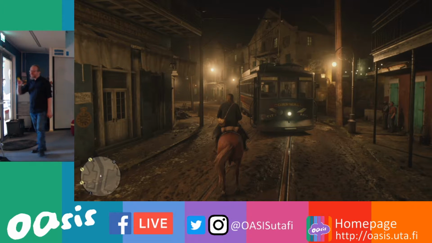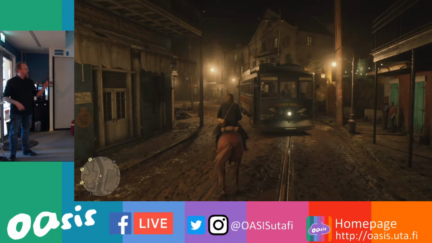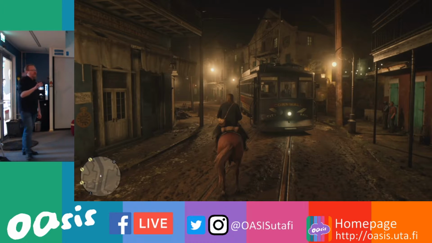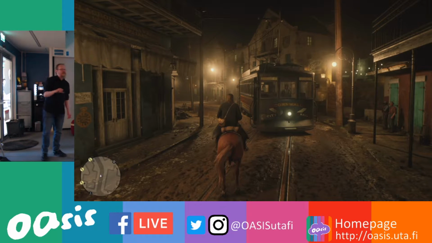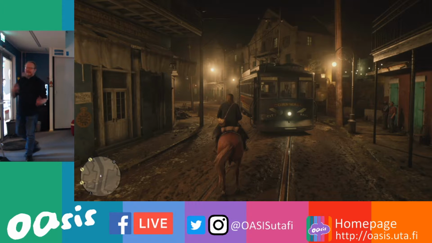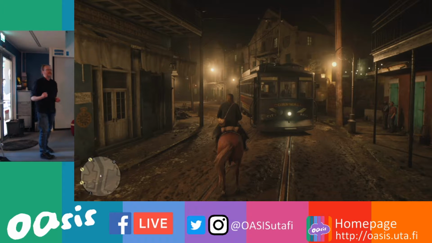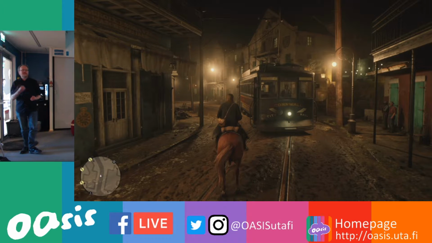Here again they are, and this is from Saint Denis. There's one, and here's from Lemoyne swamps, and these are fictional places. Saint Denis is a fictional town, but it has a lot of different references and anchor points to how, in this case, New Orleans at the end of the 19th century, beginning of the 20th century, is represented to us in many